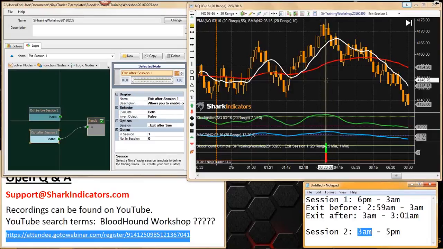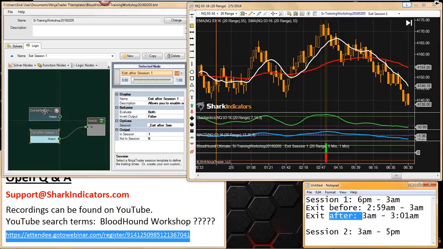That could be an issue with how your system runs there, because who knows, if you get entry signals on the first couple of bars of session 2, these exit signals could be blocking those, right? So that's part of the problem. That's one thing to be aware of if you're building exit signals after session 1. So,